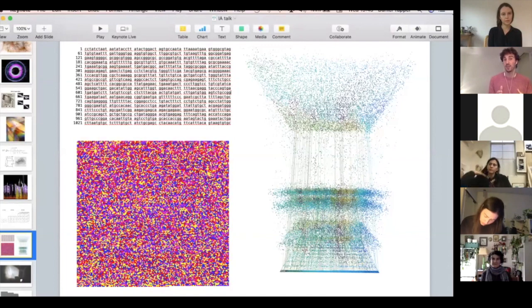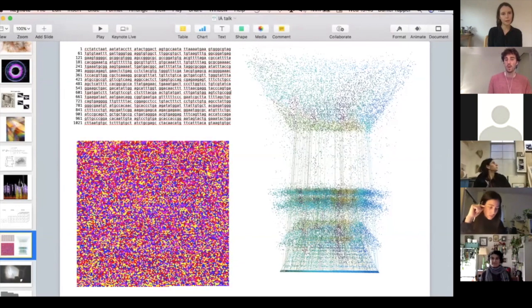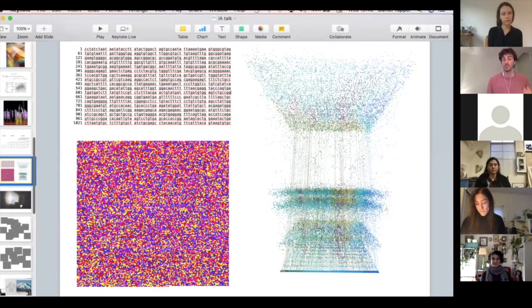It harkens back to the collisional aspects I was talking about earlier with the Nova installation, where I was taking all this information and smashing it into itself and seeing what I got. But this was a bit more refined, and more aesthetically interesting and useful to me. So this is the starting point for what I've been working with.